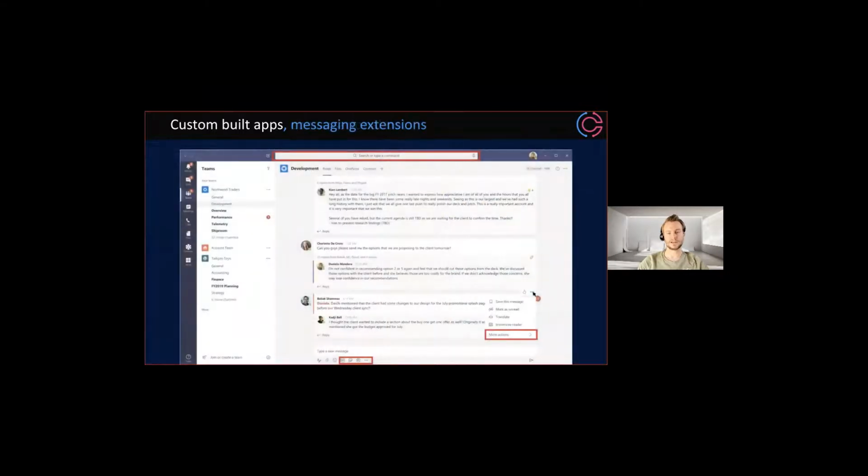Then you've got the messaging extensions. They don't get enough love, in my opinion. They're very powerful. They could be very powerful to extend your Teams application, but not many people know about them. So I hope I can educate some of you and convince you that this is a good extensibility point as well. Messaging extensions come in 3 flavors, and they can be attached at 3 points: in the search bar on top, on the message itself, and in the message compose area where you type your message.